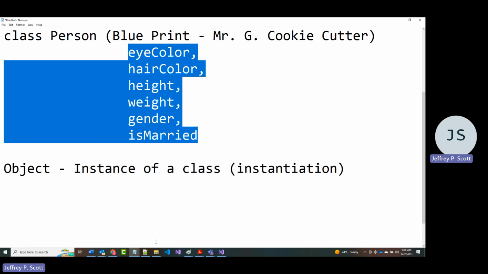So an instance of a class is known as an object. So what we're going to be doing now is we're going to focus a lot of our attention on how to create classes. Sometimes, as a programmer, what you're given are a set of requirements, literally with words on a piece of paper, where you're given a bunch of requirements: do this, do this, do this, do this, and do this. All right,